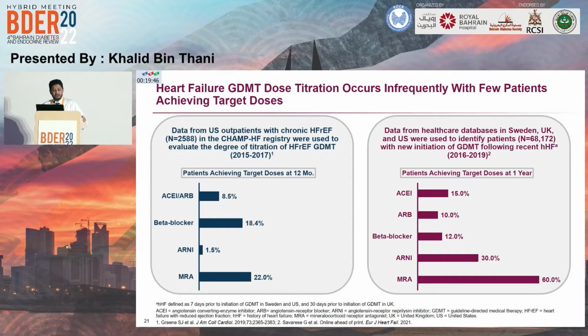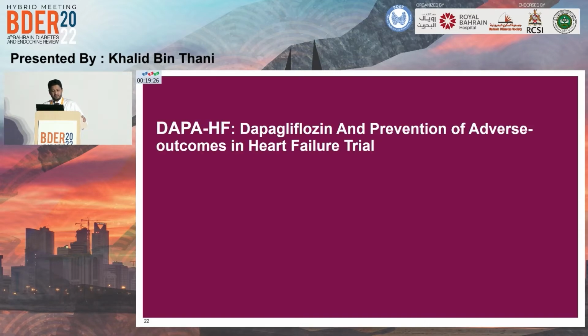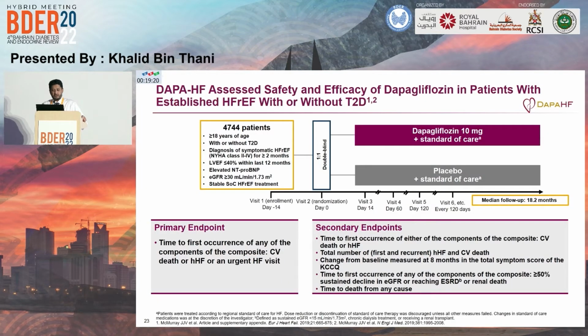So if you look at US data at least, we are just struggling to get the target dose, especially for the beta blocker and the ARNI. If you look at the data from Sweden, UK, and US, I think the struggle is still there regarding up-titrating the medicine. So the DAPA-HF, dapagliflozin and prevention of adverse outcome in heart failure trial, as we mentioned,